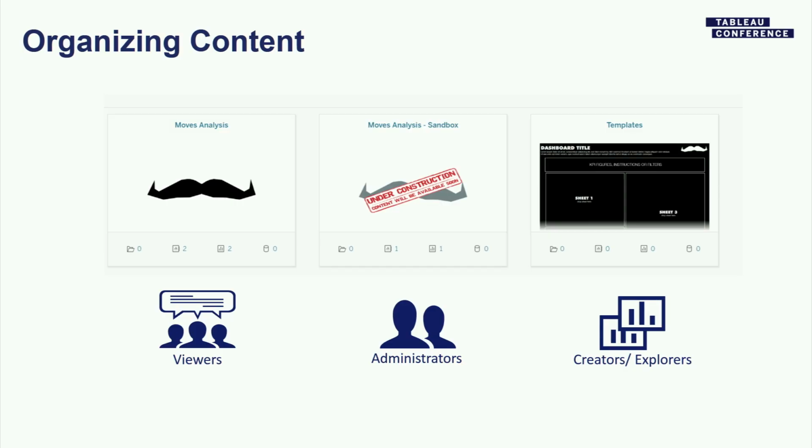When we're using our native Tableau Server interface, you want to think about how to best organize your content for your different users. So in the case of Movember, I've come up with three main groups of users. The first would be those people who are just consuming our reports. So they might just be looking at something that someone's already made, using those filters, interacting with it, but they're not asking any new questions of the data. They're not building any new visualizations.